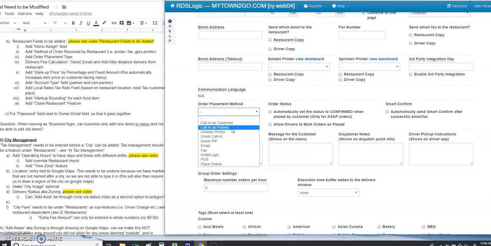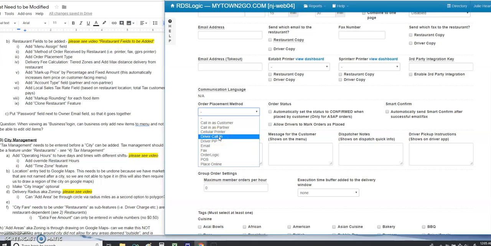Or it can call in as a partner, which means it's a restaurant that is partnered with us and they don't have fax or email or a printer. We telephone them, place the order as their business partner, a restaurant business partner, or through a cellular printer, driver